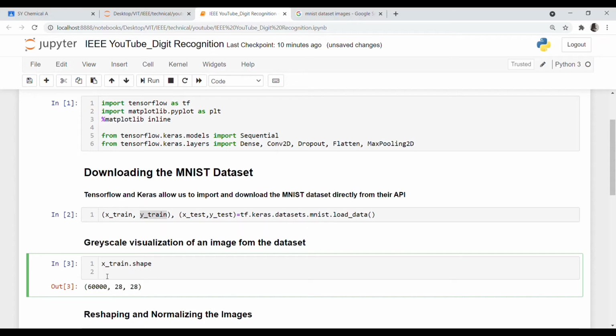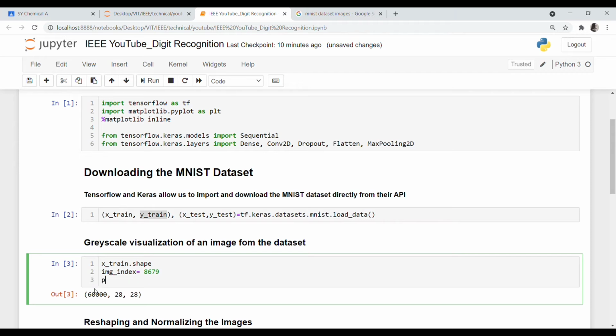Let us give an image index. This image index can be of your choice. We have 60,000 images, so I can randomly give it. Then we'll print the Y label, from the training data that I want to take, ytrain, and we'll pass in the image index.